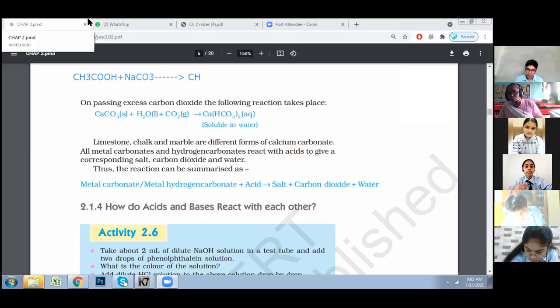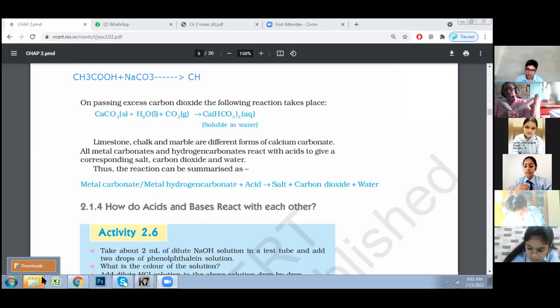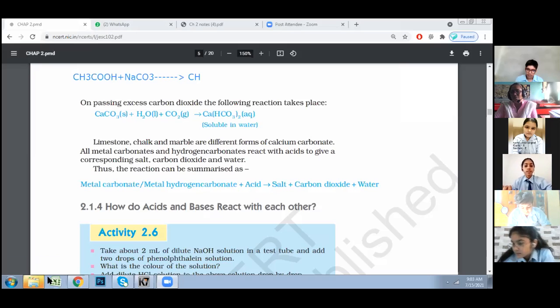So please now note down this reaction also. Acetic acid will come again and again, because in the carbon chapter we are going to study the properties of acetic acid. In that, these reactions will repeat. So I am giving you practice from now onward so that you are well prepared. And in the exam, the question doesn't say that this is from the carbon chapter or chapter 2. All the things are combined and connected to each other, so the question comes.